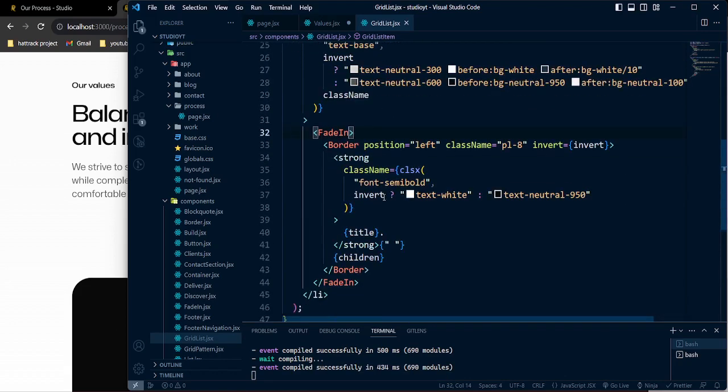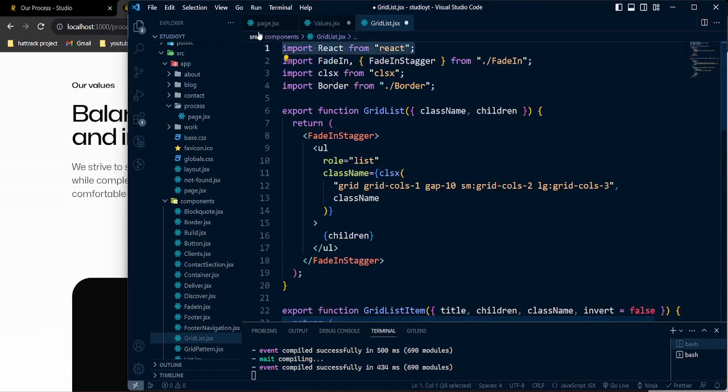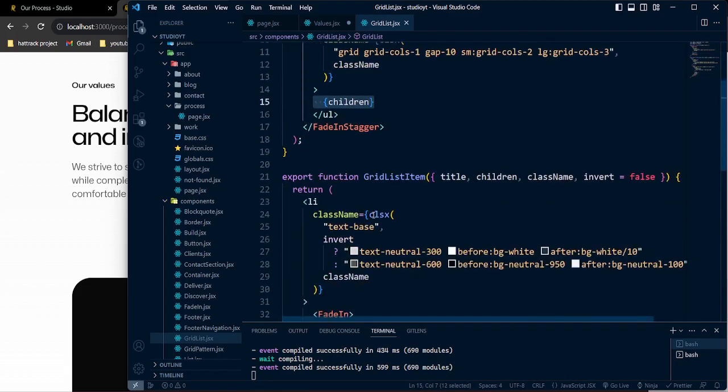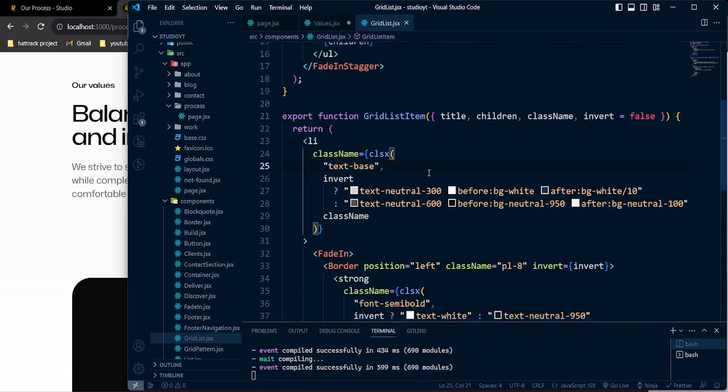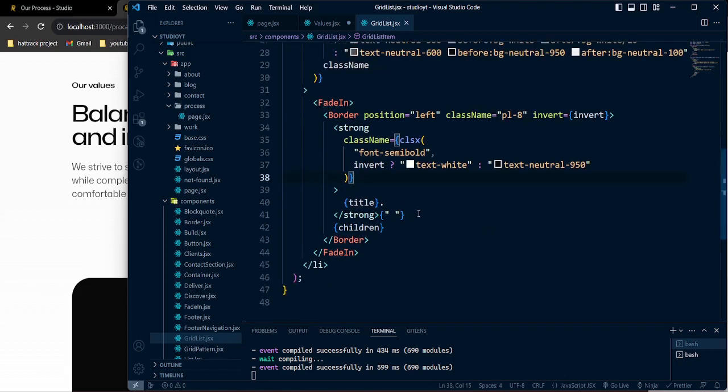valuable things. Okay, let's also get the border. Okay, so now it's complete. So now in that grid list, we are passing a list variable, which is getting that unordered list, and that list is gonna take the list item, and that list item we are passing with that grid list item, and we are passing all the class name to make the style, and then we are giving that border, and also we are passing that invert. If the background is black, it will work, and if it's white, it's gonna be white and neutral. So that's the title. It's gonna be made a strong, and then it's gonna pass up that